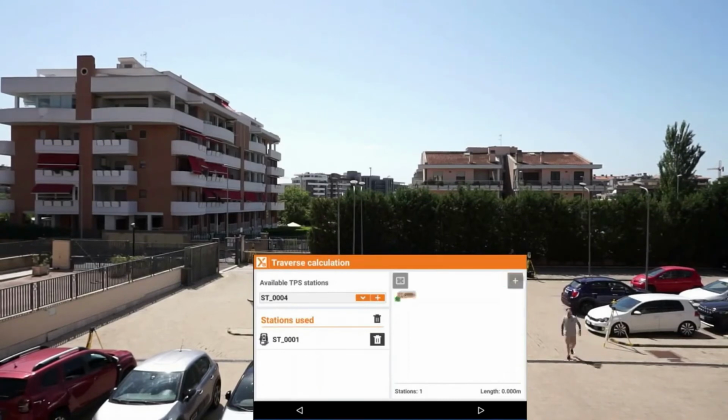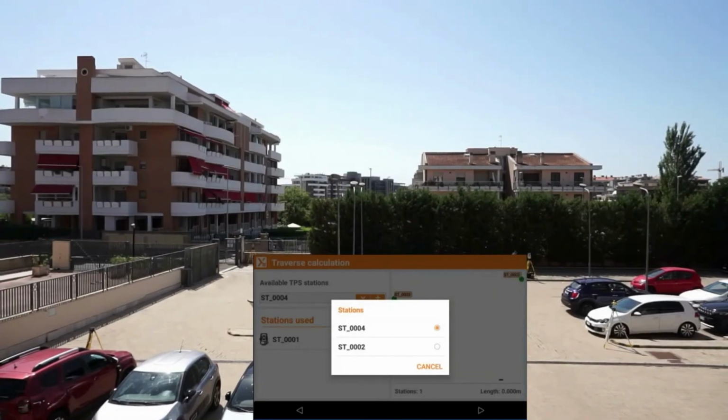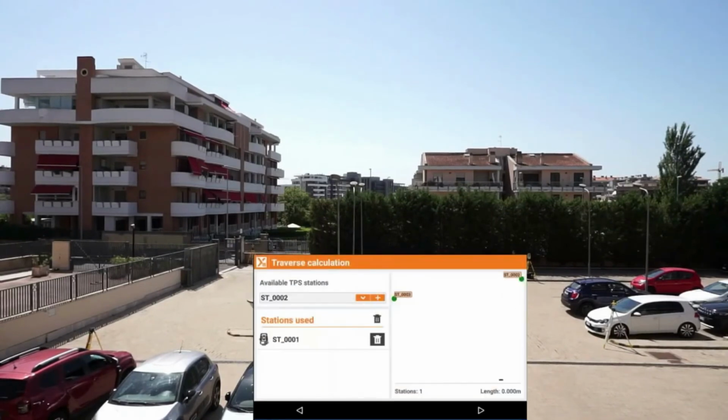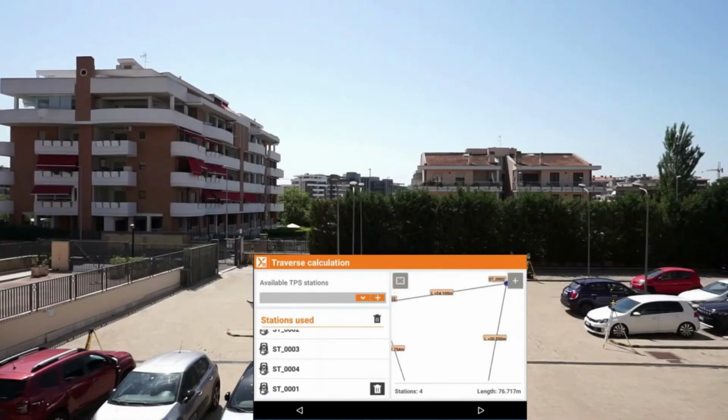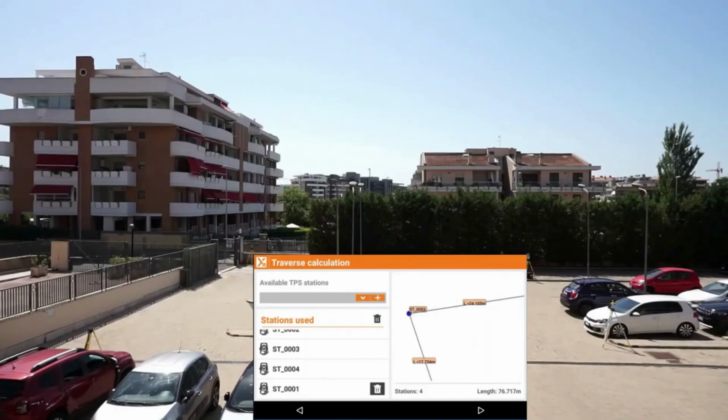As you can see there, we have two different options. If I click on the arrow, it already shows me the two different options. The first option is the ST004 or the ST002. So I will directly select the ST002 plus, and XPAD automatically calculated the other station closest to it. Here you can directly visualize a preview from the CAD of all the different segment lengths. The number of stations is 4, the length is 76 meters,